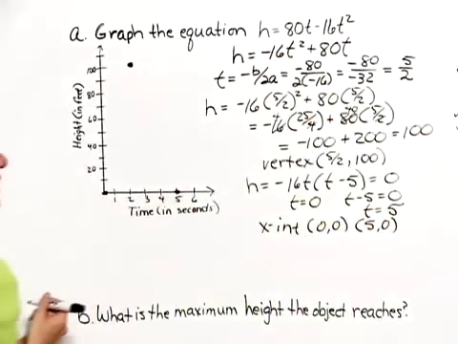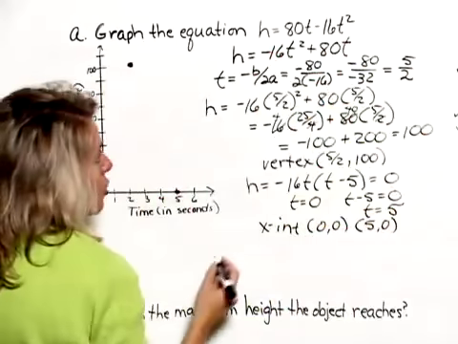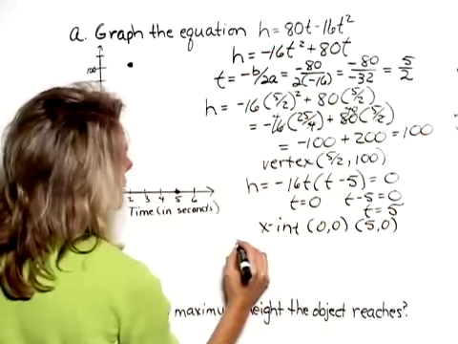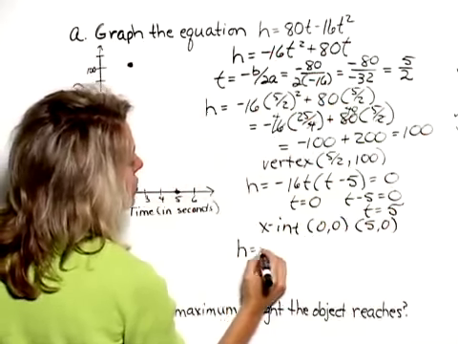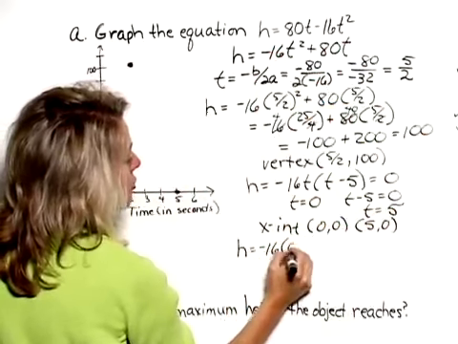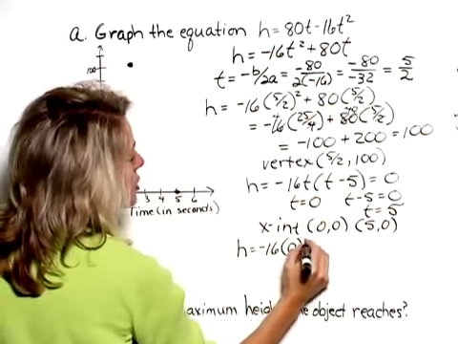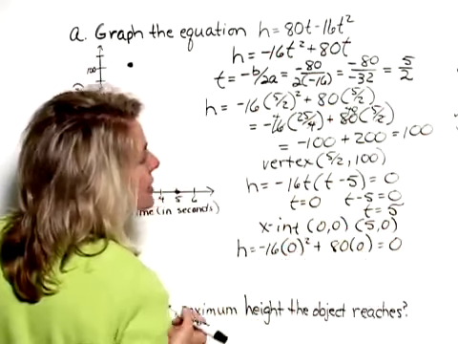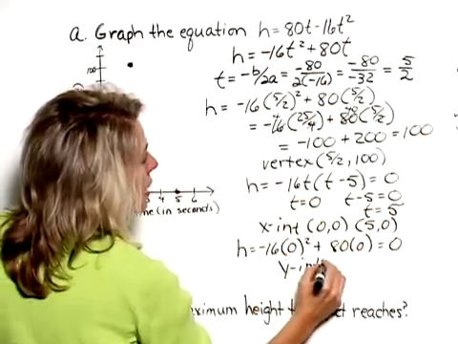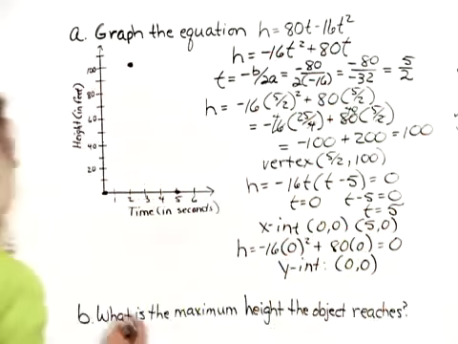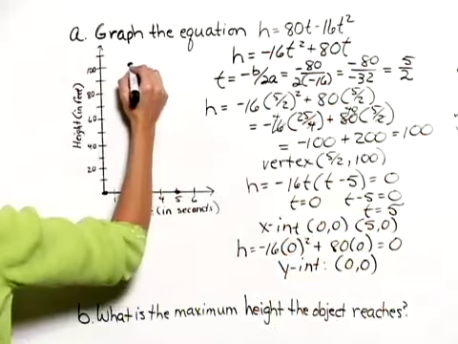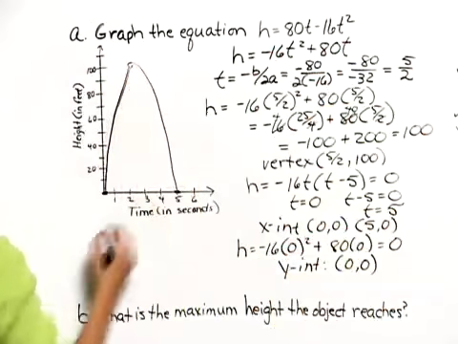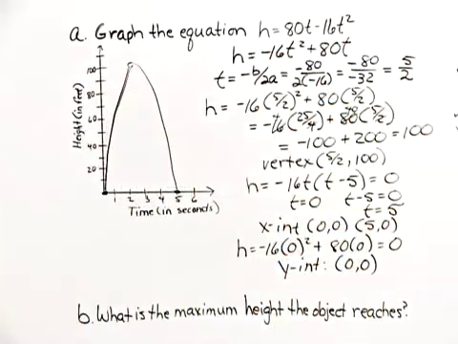Now the other point we want to find is our y-intercept. So we'll go back to our equation, or in this case our h-intercept, I guess you would say. H is equal to negative 16, and we're going to put in 0 for t. So negative 16 times 0 squared plus 80 times 0, and that gives us a 0. So our y-intercept is at the origin as well. So let's go ahead and connect those points and draw a sketch of the equation h equals negative 16t squared